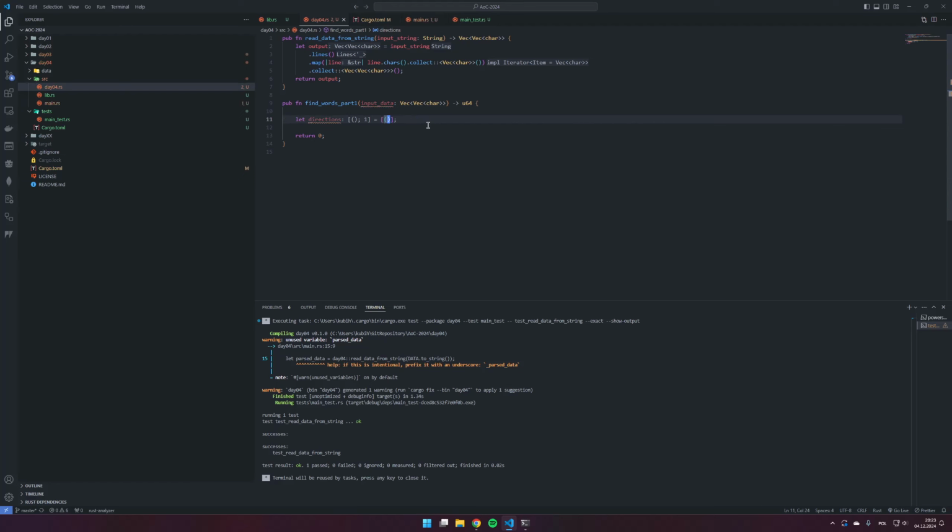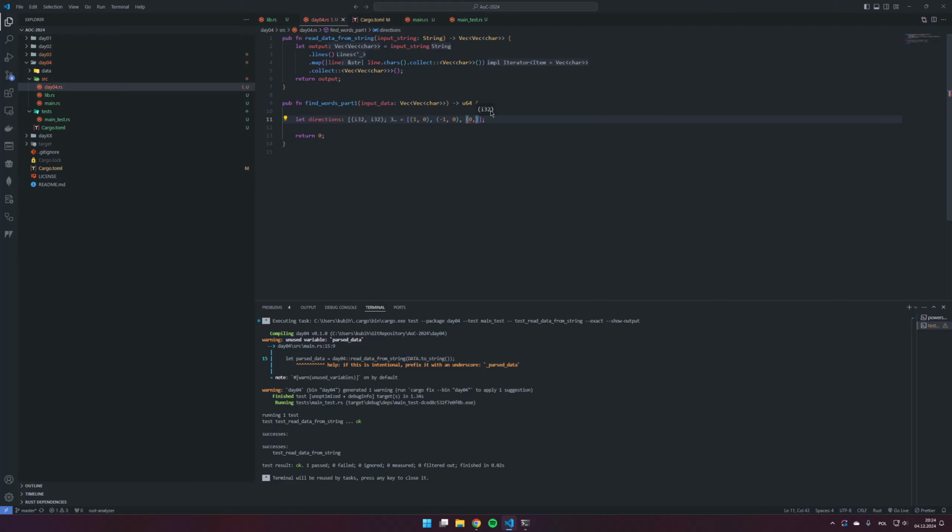So the first argument would be the x value, so 1 and 0. This is from the middle to right, from the middle to left,